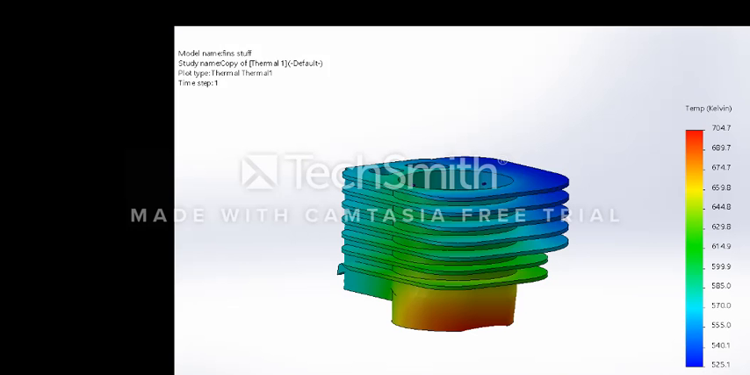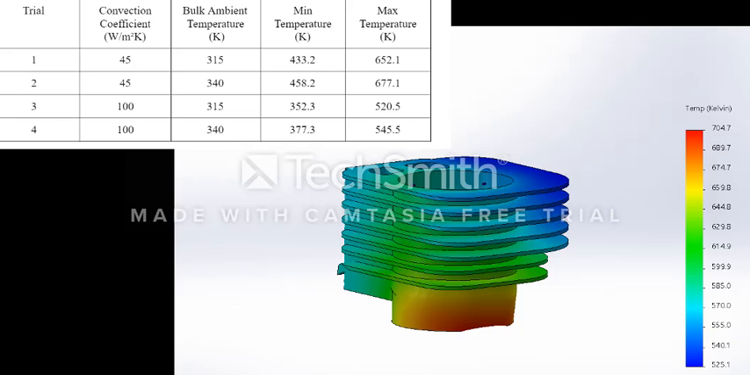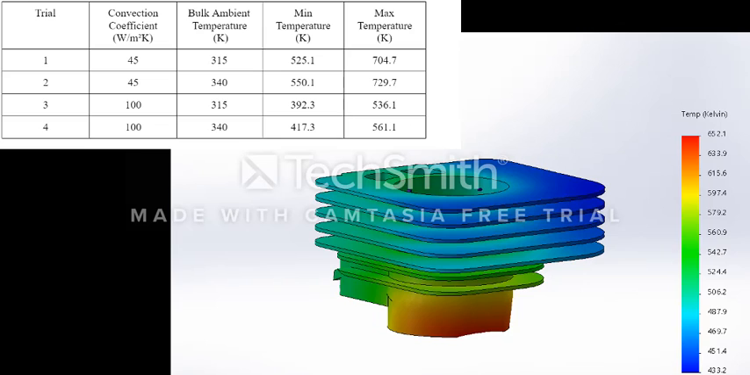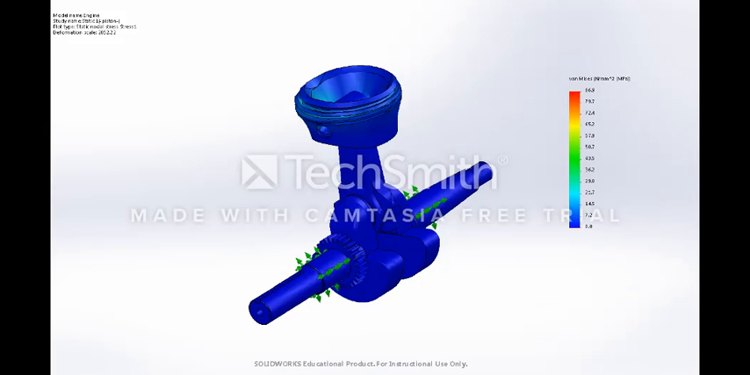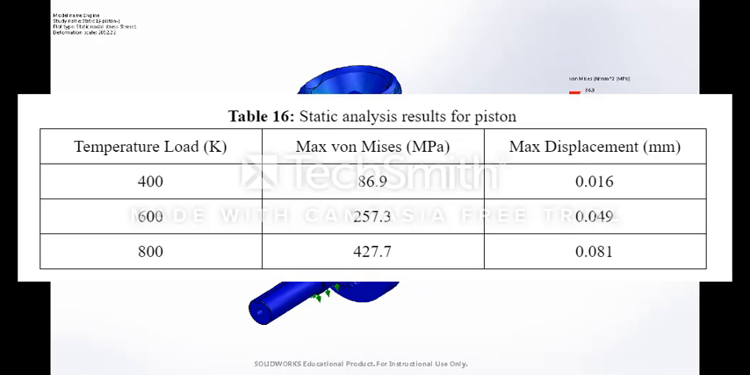model. For our analysis on the engine, we ran a thermal study on the cooling fins using 2 different convection coefficients and 2 different bulk ambient temperatures to simulate desert heat. After noting high temperature loads, we increased the surface area of the cooling fins, resulting in decreased min and max temperature values. Continuing our analysis on the engine, a static study was run on the piston assembly at 3 different